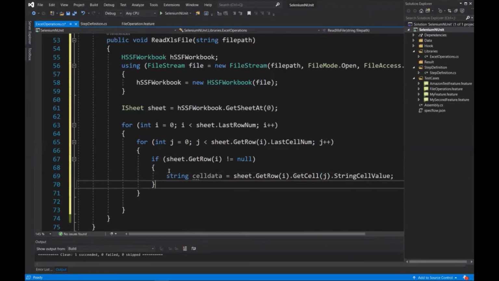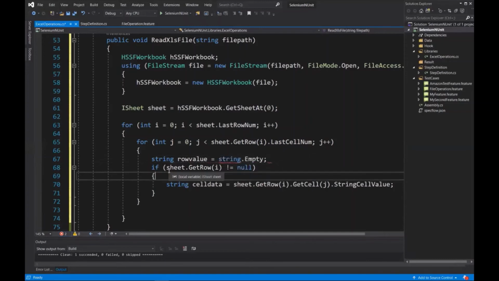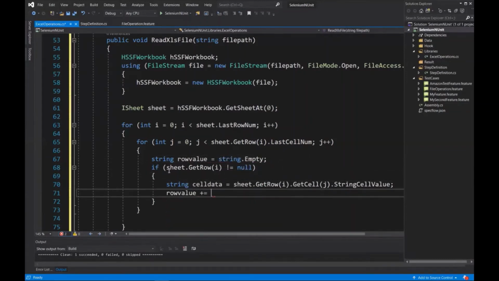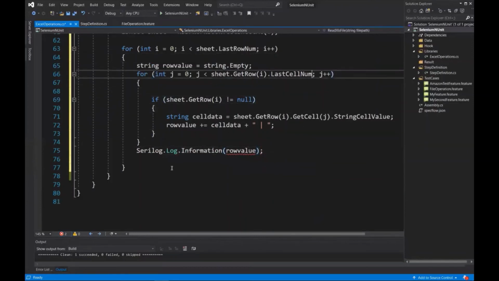This will return the cell value based on the row and column index. Now to verify that we are getting the correct result, I will print the data into the logs. So I am writing the code to generate a string based on the data in a row and will print the row data into the logs. If you want to know how to configure the logs in your framework, then you can watch my other video based on Serilog.